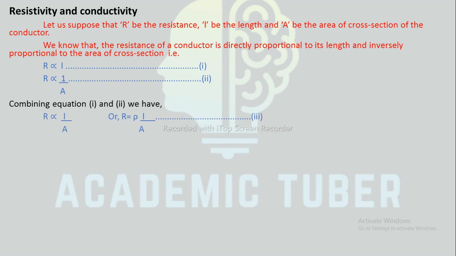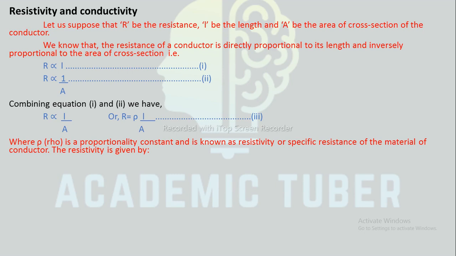Combining equation 1 and 2, we have R proportional to L by A, or R equals rho L by A,